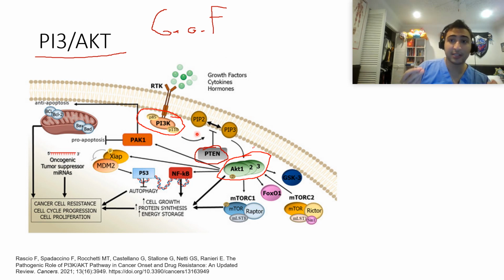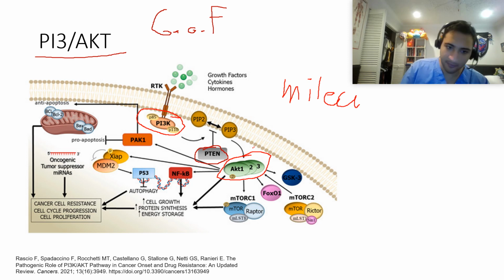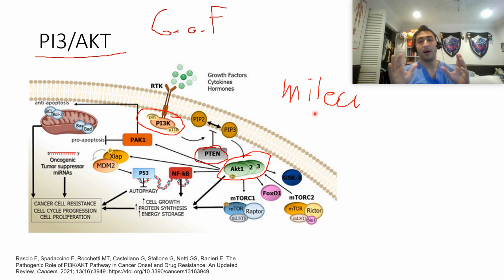Right? So one of the effects of chronic inflammation is cancer, and this is one of the pathways by which it does it, because of those inflammatory cytokines that are in the milieu. You might see this word again, so I'll spell it out for you. Everyone pronounces it differently, but this represents the environment that the cell is in. So the cell's environment has cytokines and growth factors and hormones and all this stuff from inflammation